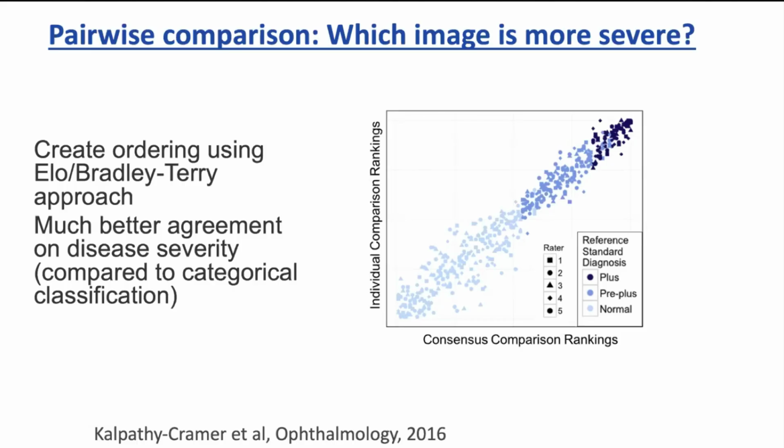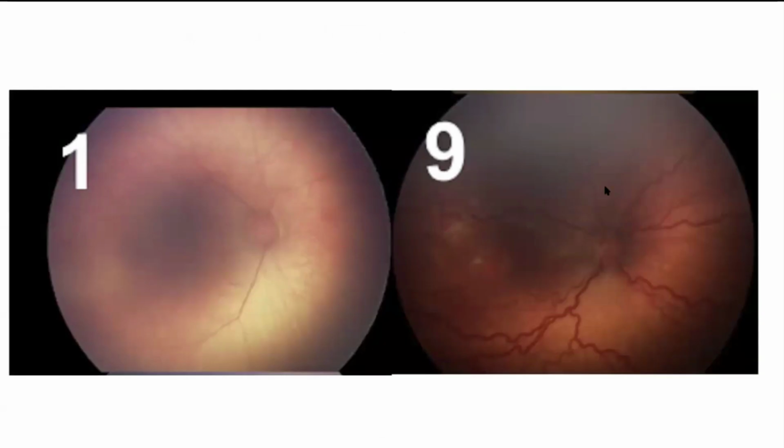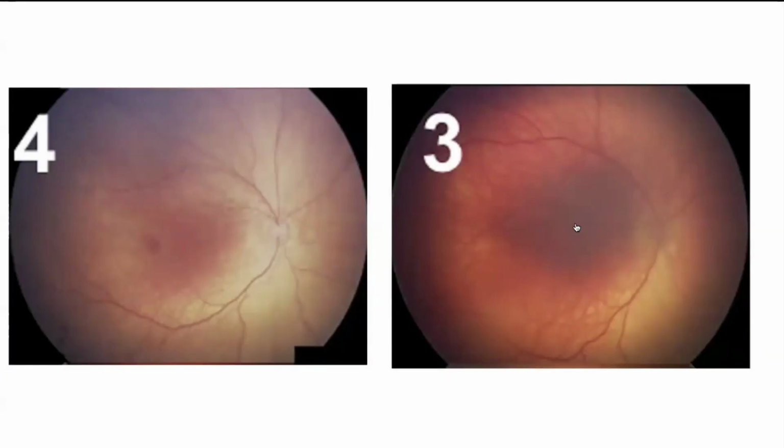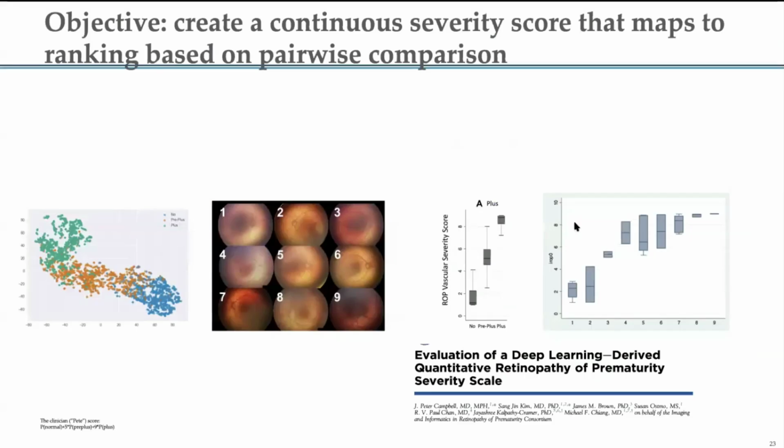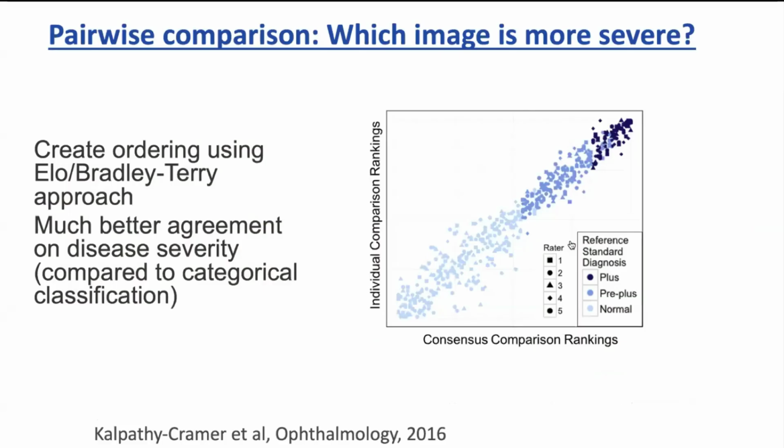Interestingly, what we found is if you ask people which is more severe, so given a pair of images, is this more severe or less severe? Even an engineer like me can look at it and say, this is much, much more severe. On the other hand, when you start to get images that are closer together, it's maybe harder to make that decision. But once you have these pairwise comparisons, you can use learning to rank type methods, and you can get a nice ordered list of disease severity. And there we get much, much more consistent behavior.